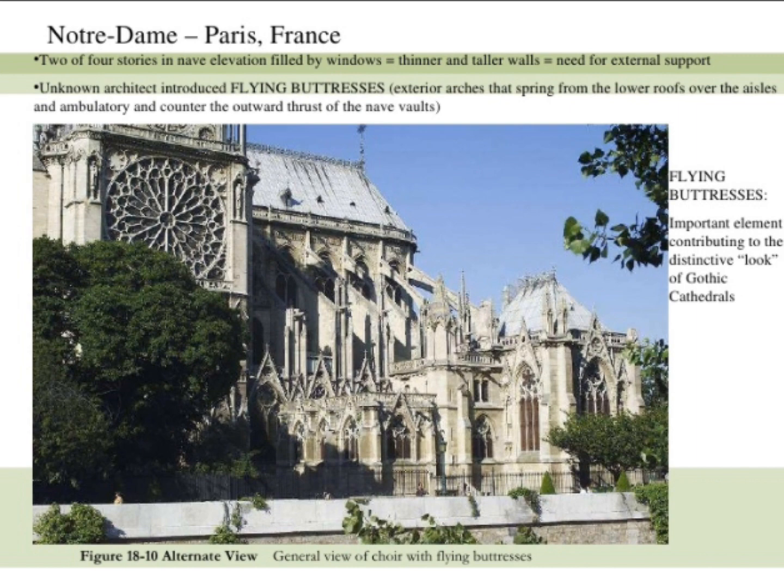It's the quintessential hallmark of a Gothic building. Two of the 4 stories in the elevation of the building are completely done in glass. And you can see the spectacular rose window here in the front of the cathedral.